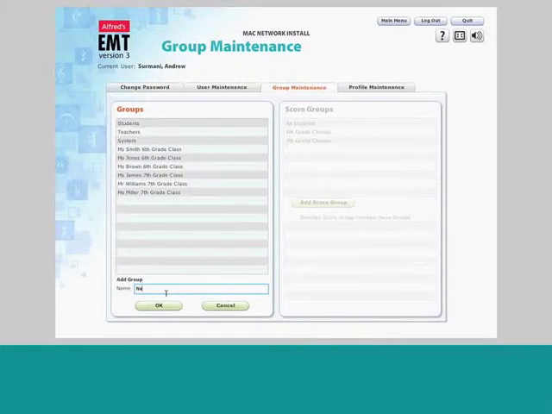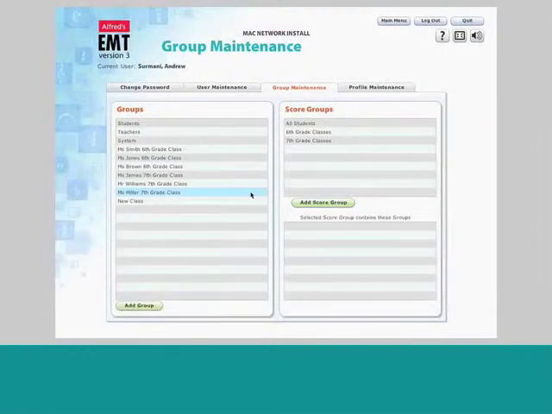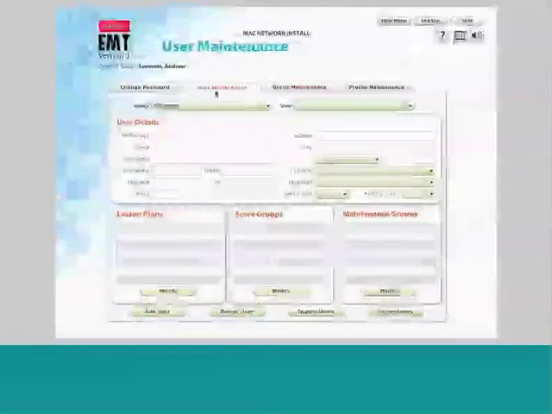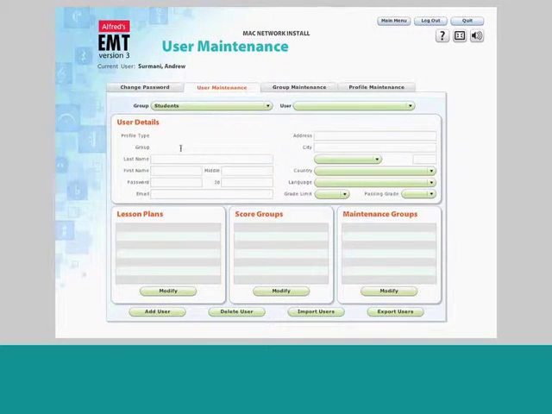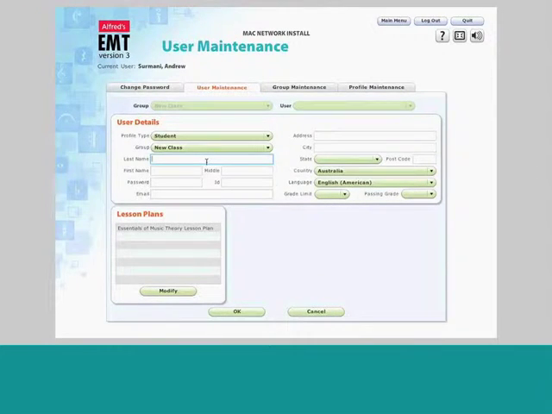All right, new class. Now we're going to go to user maintenance, and we're going to go to group. We're going to select new class, and we're going to go to add user, and we're going to start